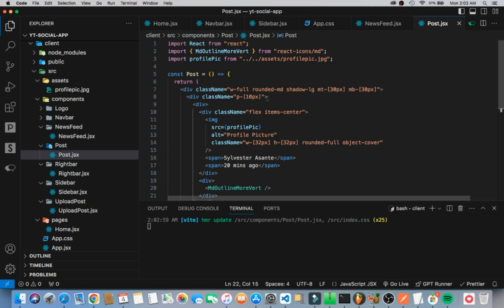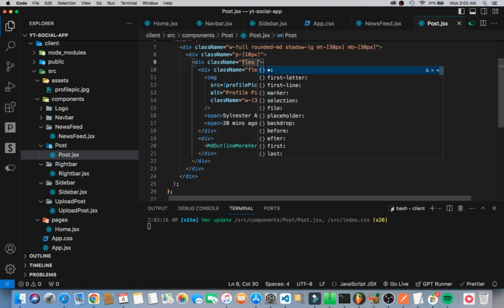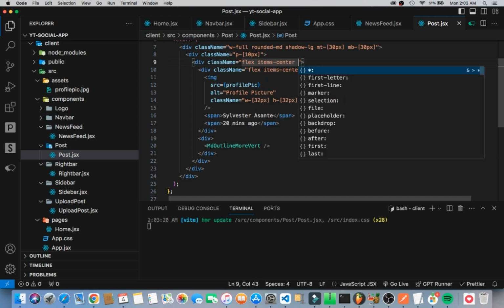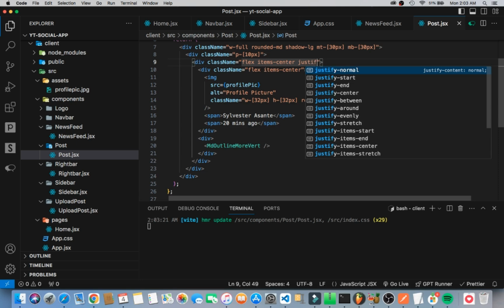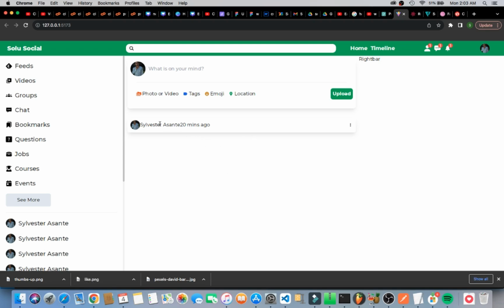Okay, then what happens is that we can now add some styling here. Now we can give it a flex, and then we can align the items at the center again. Now that we've been able to align them, we can justify between. Okay, now that we justify between, we should see it. It now looks a little bit better,